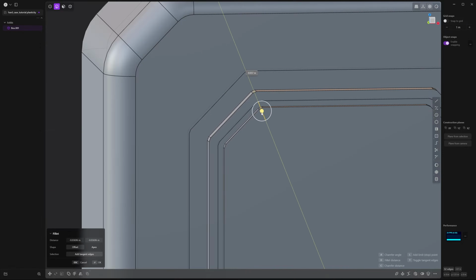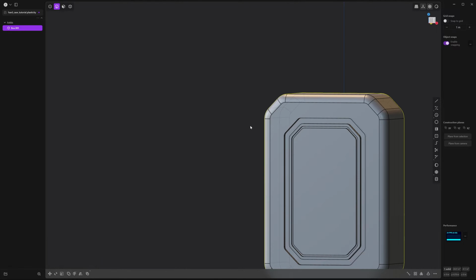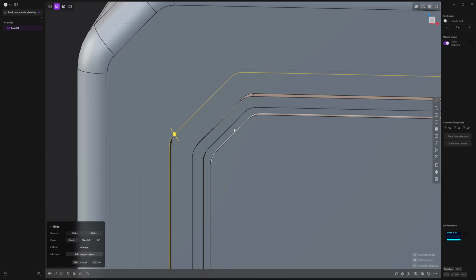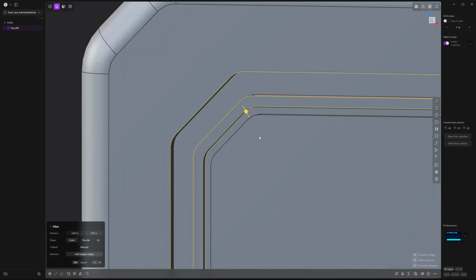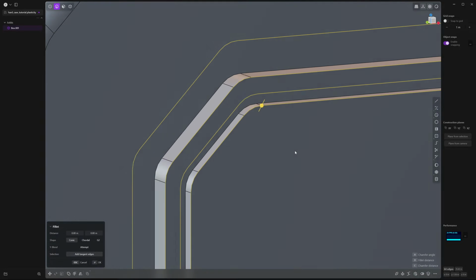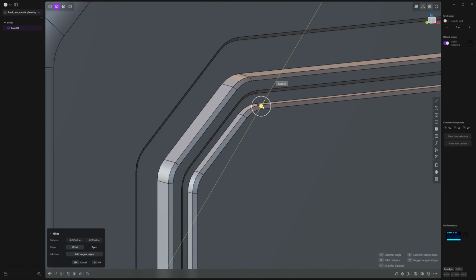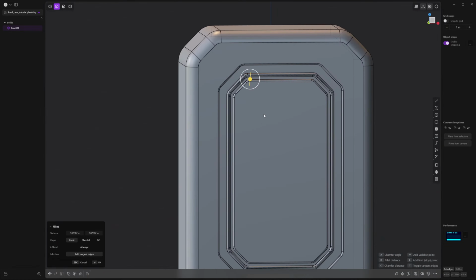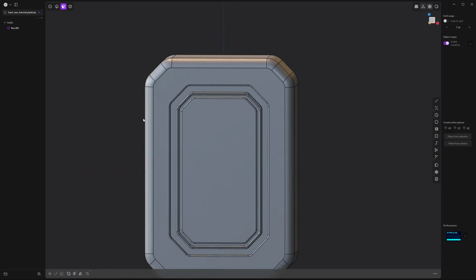So now we can drag this upwards and you get a nice rounding effect. Right click to accept. So now we're just going to round these other edges. Hold Alt and click this one. Hold Shift and Alt. And let's continue to select those edges. And now we can just drag them upwards to create another fillet. Great, so we have some detail there.